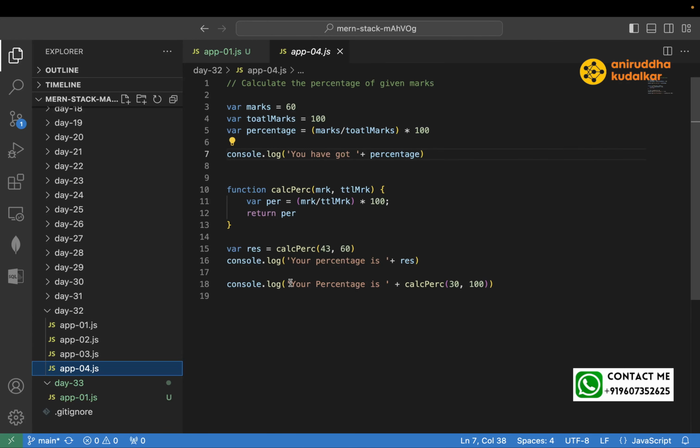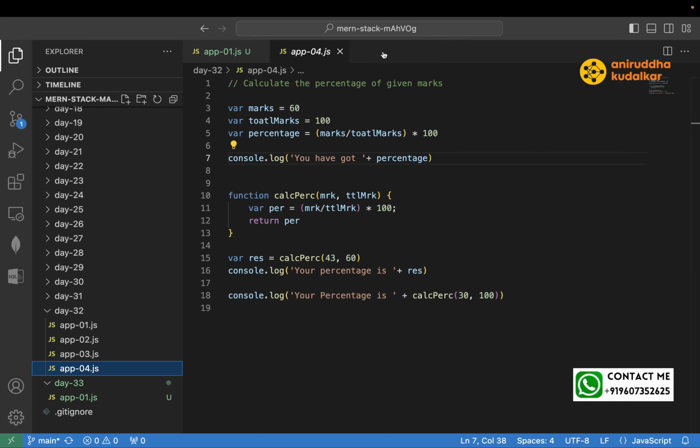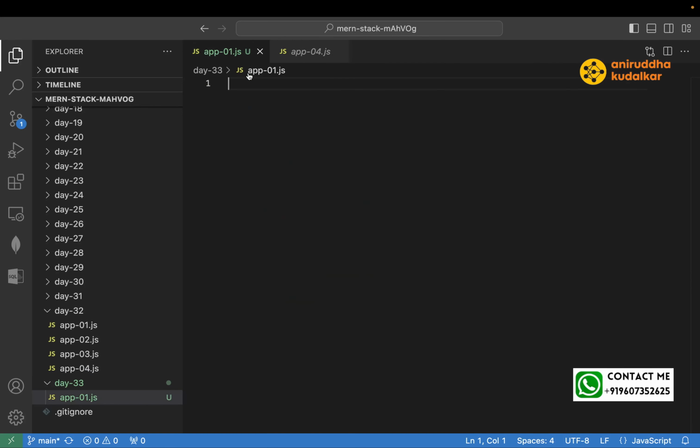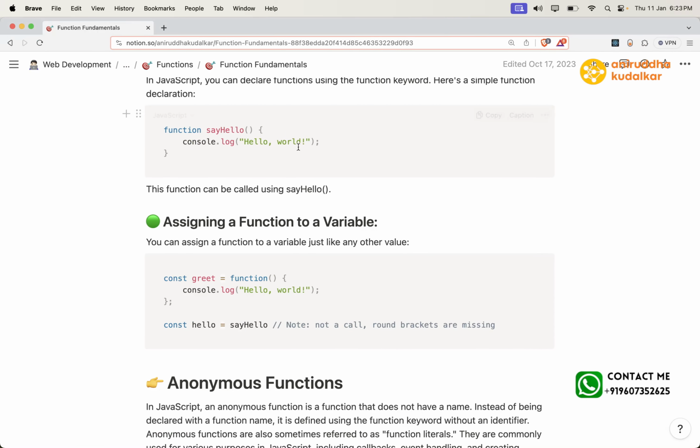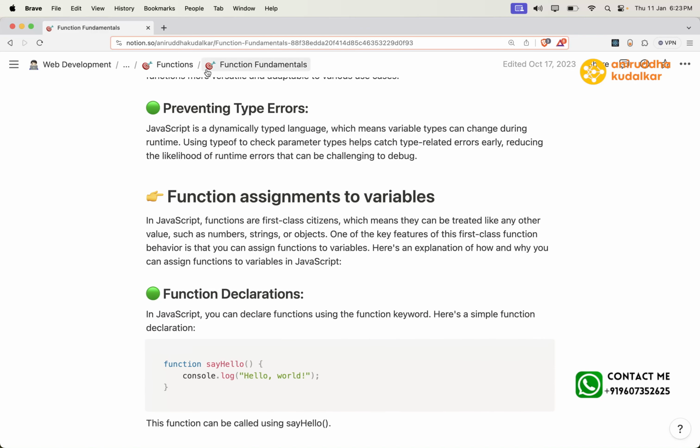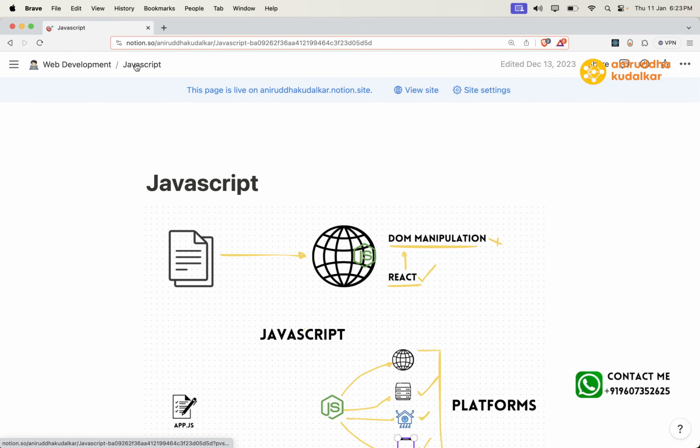Let me check what we have seen last. Okay, this one. We have created this function. Now, if you go to this part,